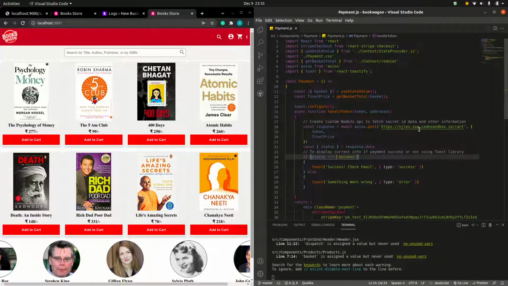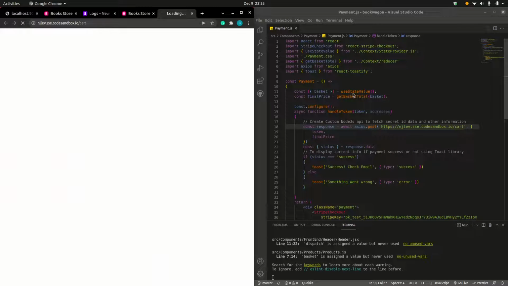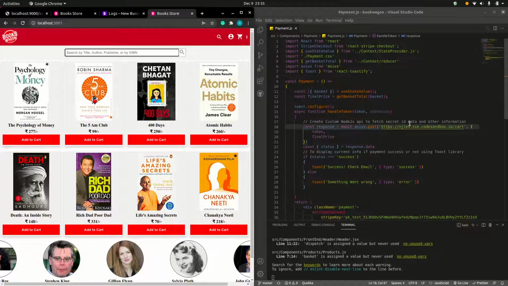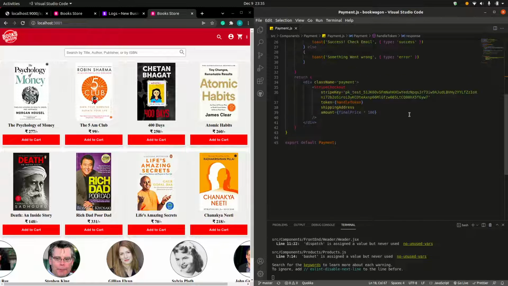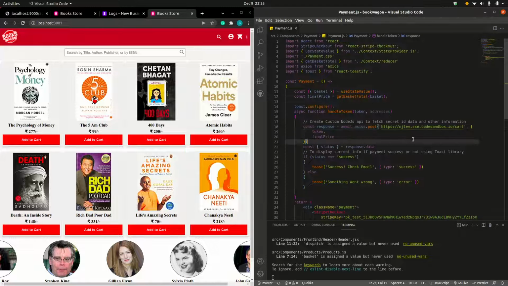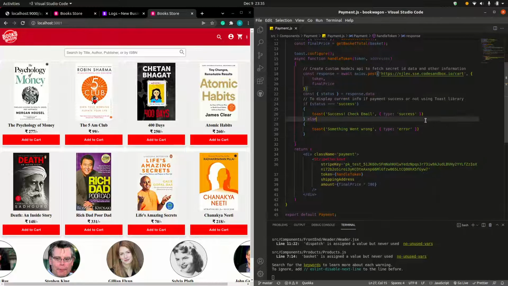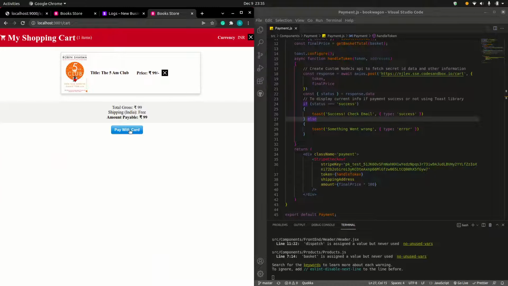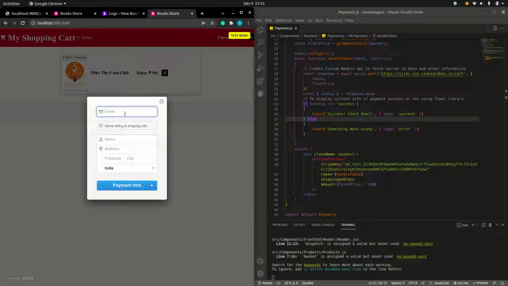And then the payment gateway. For the payment gateway, I have created my own Node.js server, which I have not used in this. It basically uses the Stripe secret API. I have created it using the Sandbox, and from the Sandbox we can directly fetch the data and then use this payment.